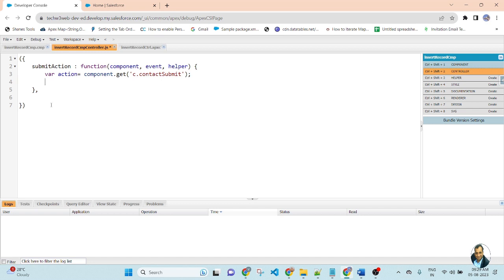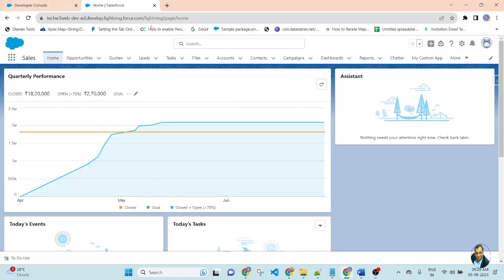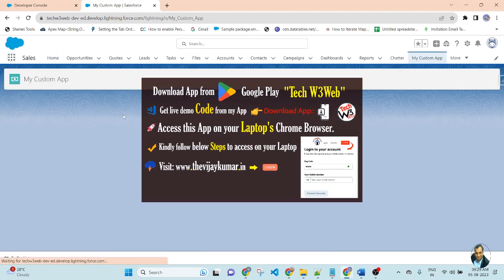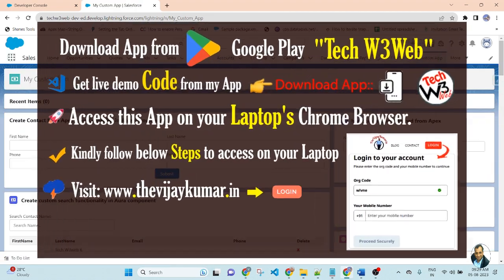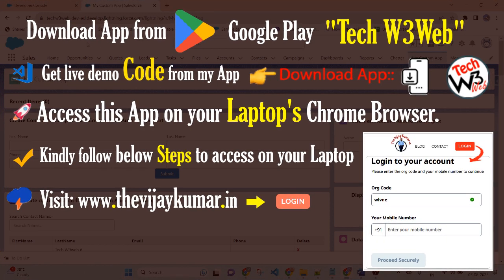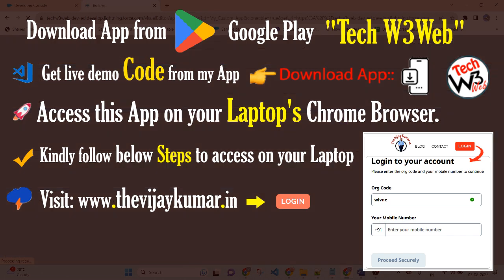Before writing the function, I will add this component to the custom application in Salesforce. So now go to Salesforce and open the custom application. This is my custom app. You can create a custom app from your side in your org. I will call this component here. Edit the page.